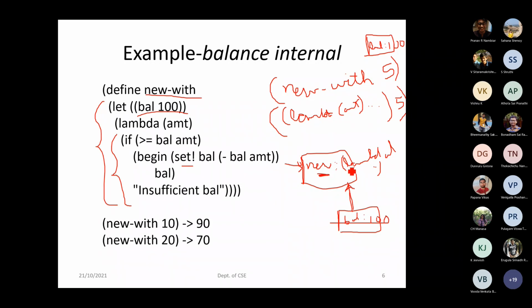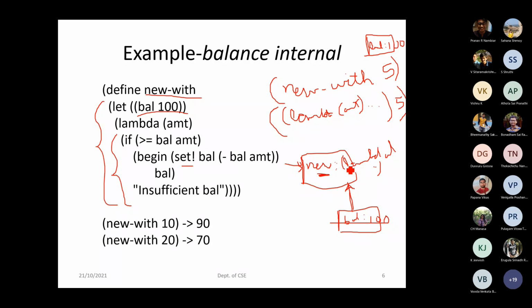Yes. So see, new withdraw is a variable name. It's not a procedure. It's a variable name. By using let, I'm first creating all the variables. So what is the variable I'm creating? It's balance. And since it's a local one, that's the reason why I didn't write balance along with the new withdraw. I have written it as a separate one. Why? Because it's a local variable. And who can access it? Only this new withdraw can access it. So that's why by using this arrow, we have pointed it.